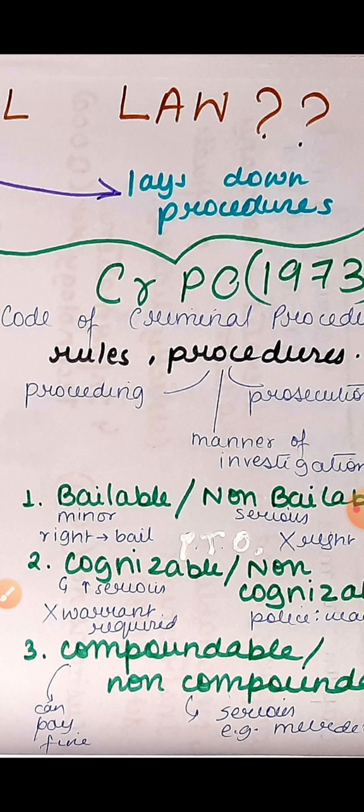Compoundable offenses are those which can be compounded, which means the wrongdoer can pay a fine to balance out the rule which they have violated. For instance, when we travel by train, there are some individuals who have not paid their money to buy tickets. In most cases, the checker in the train often compels the persons who have got into the train without buying the ticket to pay a certain fine.